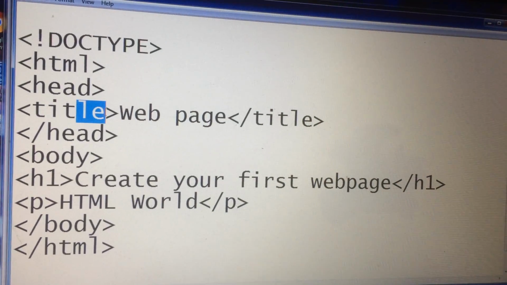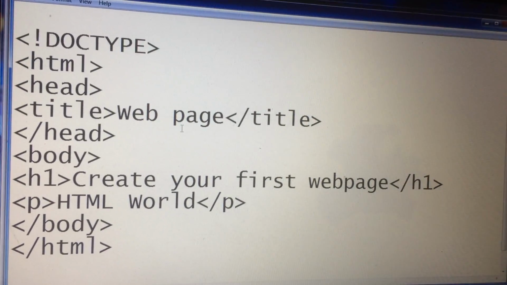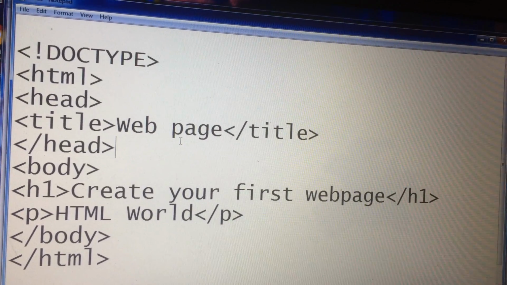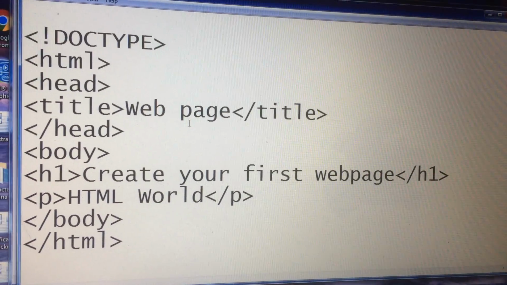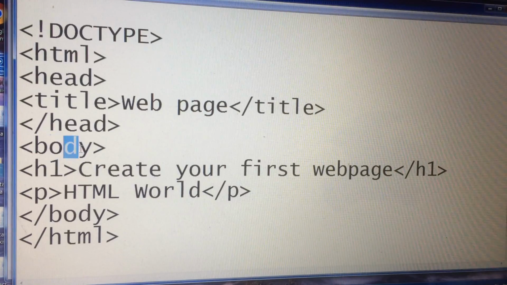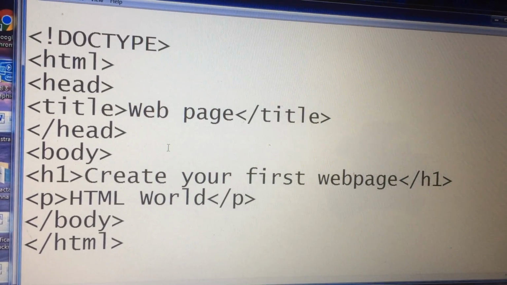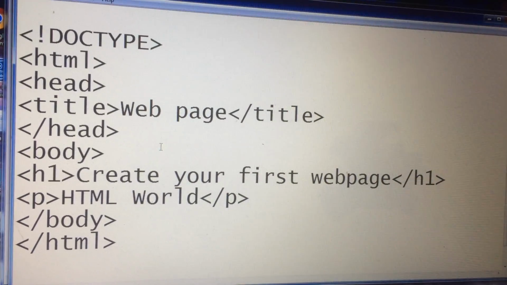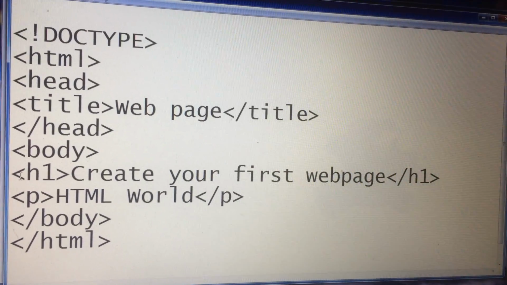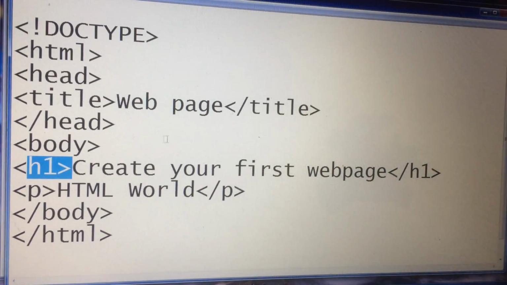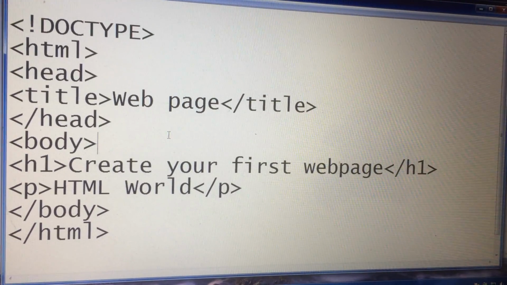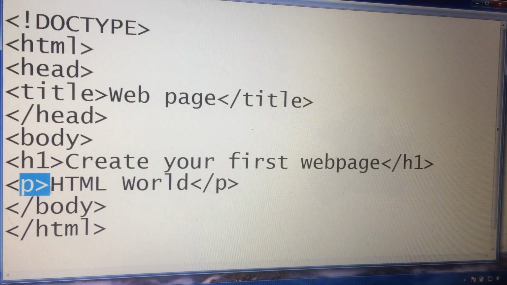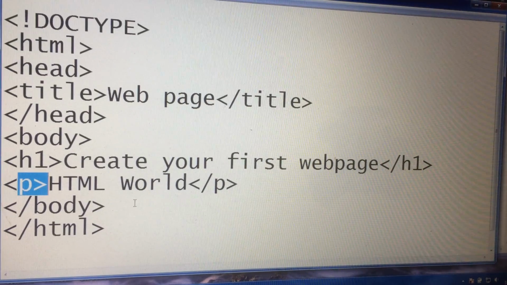Title tag, as its name suggests, is used to add the title of that HTML page, which appears at the top of the browser window. It must be placed inside the head tag. And body tag. Text between the body tag describes the body content of the page that is visible to the end user. This tag contains the main content of the HTML document. H1 tag. This is called the heading tag. This describes the first level heading of the web page. P. This is called the paragraph tag. It describes the paragraph of a web page.